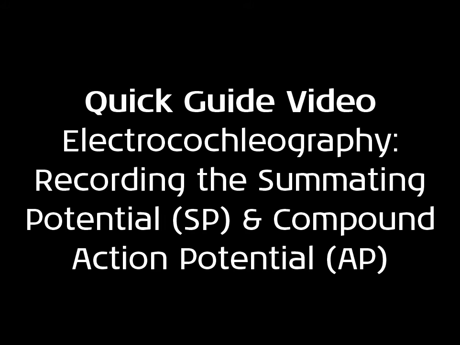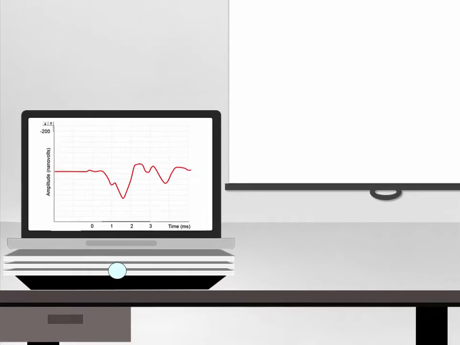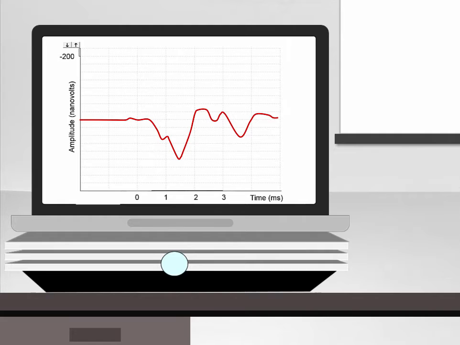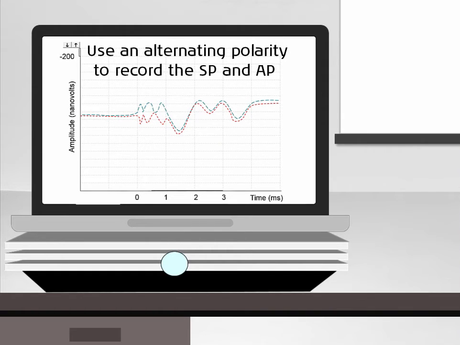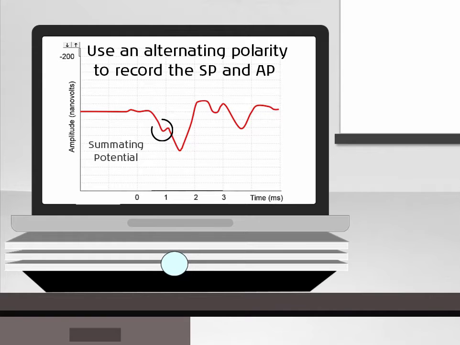This quick guide video demonstrates how to record an ECoG displaying the summating potential and the compound action potential. In order to record the summating potential and compound action potential on the electrocochleogram as opposed to the cochlear microphonic, it is recommended to use an alternating polarity stimulus. By doing this, stimulus artifacts are reduced and the cochlear microphonic is cancelled out, allowing visualization of the summating potential